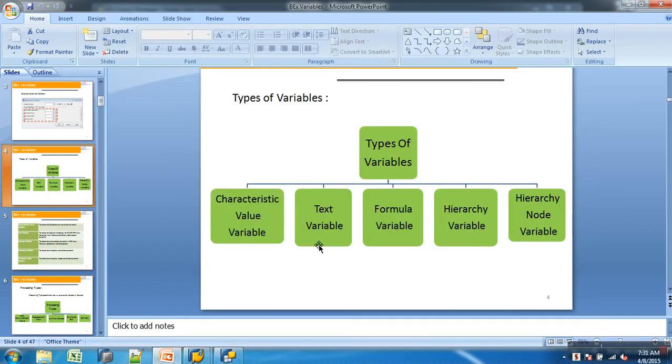Next type of variable is what? Text variable. The name tells you text is like free text. So we use this text variable when you want to make the descriptions of your query or of your key figure columns dynamic.